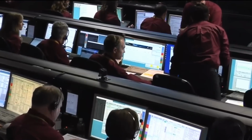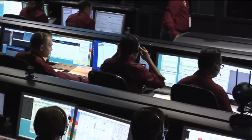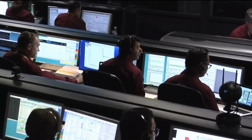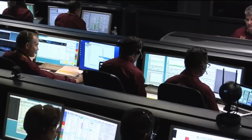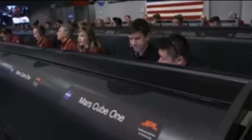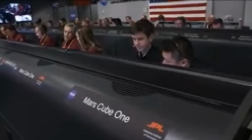All stations, this systems, we can confirm we are entry minus 20 minutes. EDL nav 2 has been initiated. The star tracker has been powered off. The nav2 software has been